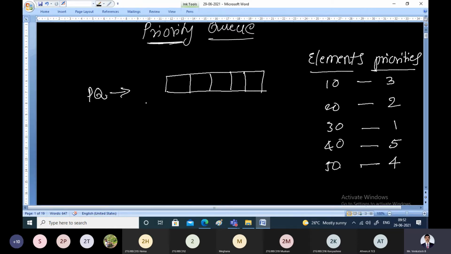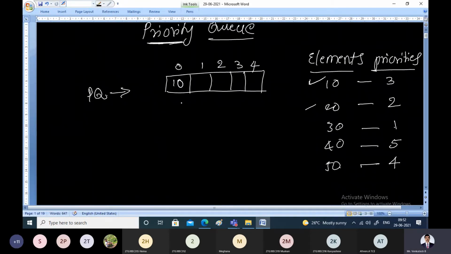Now the approach we follow is, we insert the elements in their order 10, 20, 30, 40 and 50. While inserting itself, we arrange them in increasing order of priority. That means index 0, 1, 2, 3, 4, sorted based on their priorities. So 30 is the element with the first priority, so it will occupy the first location. Though we inserted 10 first, it will be clear when I explain the code.